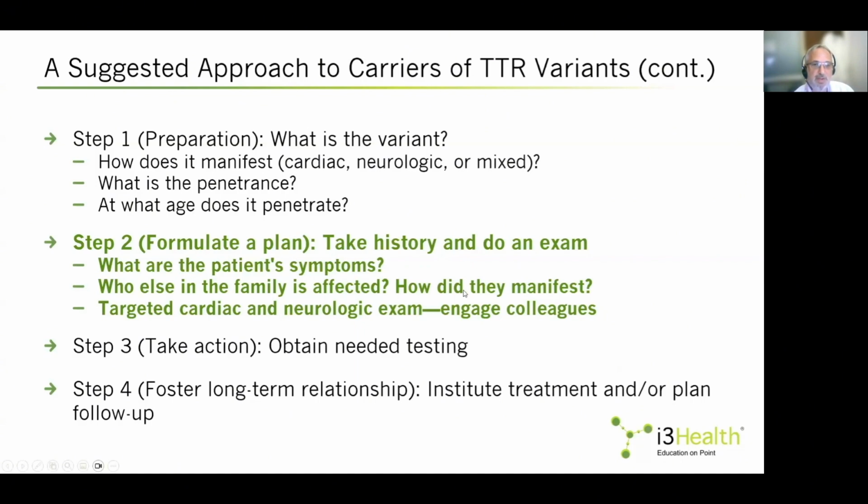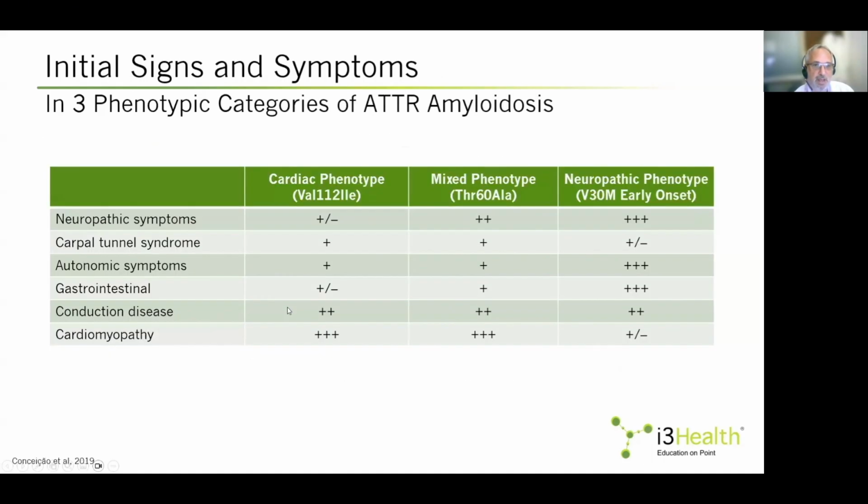you want to examine them, do a 3-generational family history, and do a targeted neurological examination. As I mentioned, the cardiac phenotype is predominant in V122I, so they may have subtle neurological symptoms. They could have orthopedic manifestations, autonomic, but cardiac is the predominant. In the neuropathic variants, obviously, neuropathic symptoms are predominant, and cardiac symptoms tend to occur less frequently, more often conduction disease, and later. And the patient we're talking about requires both an extensive cardiac and neurologic exam to evaluate for this particular